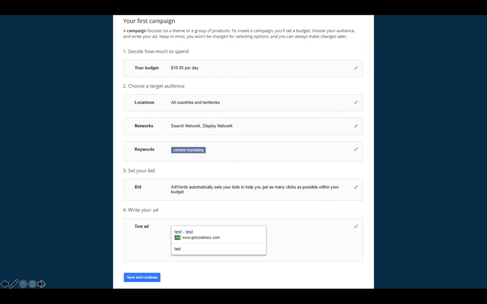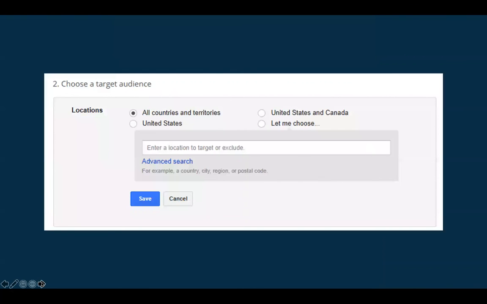So that's really budget. Pretty simple. Next, you're going to set your audience. This will be different for everyone, of course, but there are a couple different ways to target. You can do kind of like what we did with Facebook,